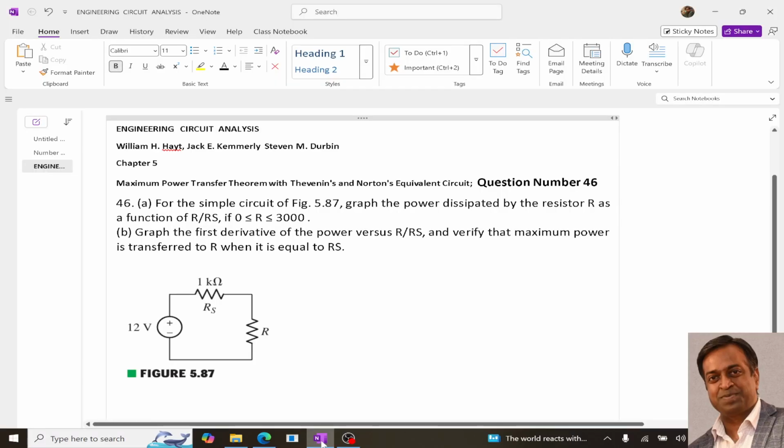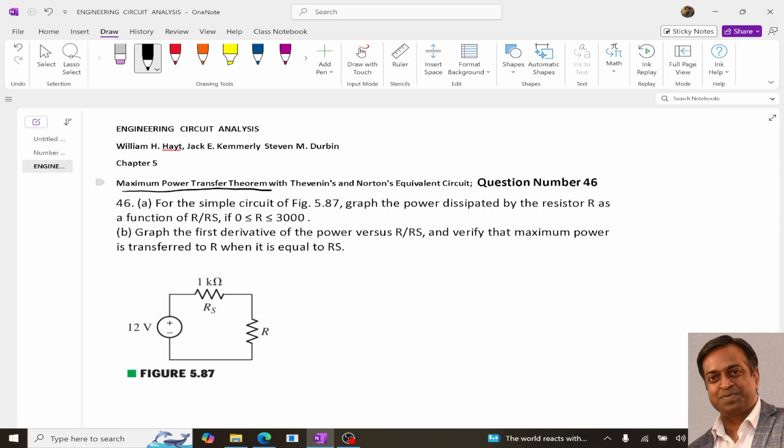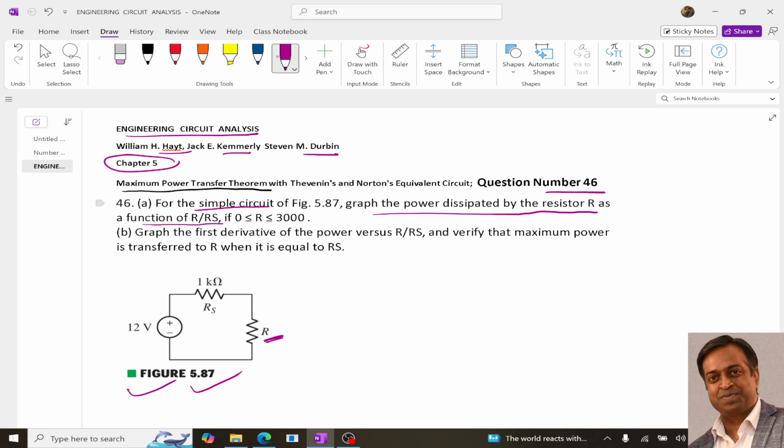Hello guys, in this video I am going to explain the maximum power transfer theorem with the help of this circuit. This is question number 46 of the book Engineering Circuit Analysis by Hayt, Kemmerly and Durbin, and the chapter number is 5. The problem says that for the simple circuit of the figure, graph the power dissipated by the resistor R as a function of R by RS, if R is varying from